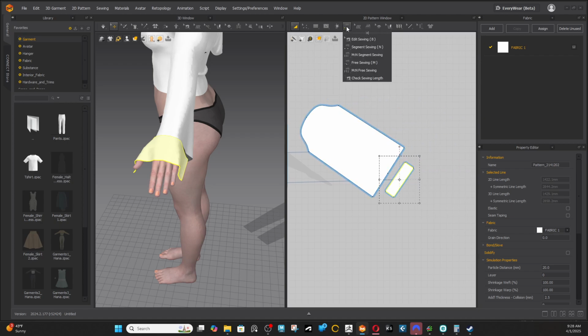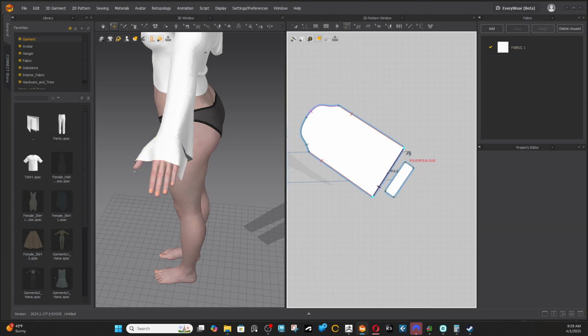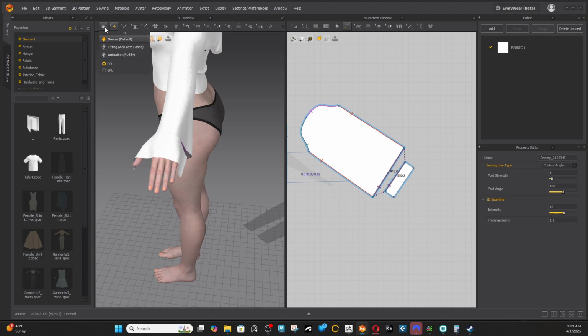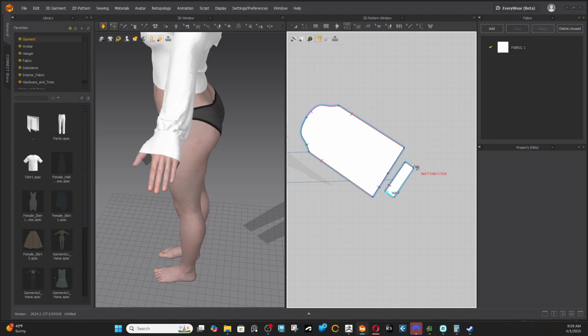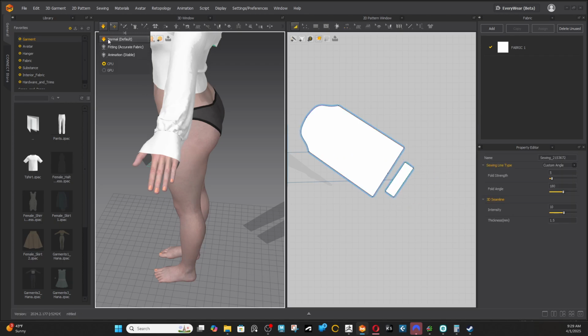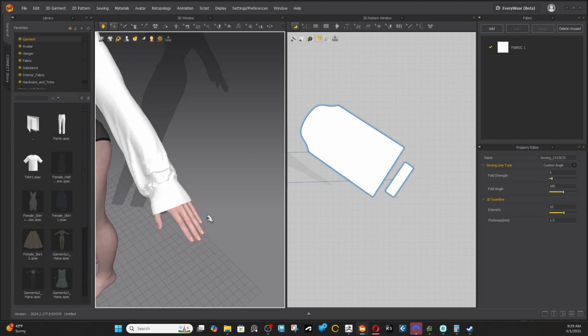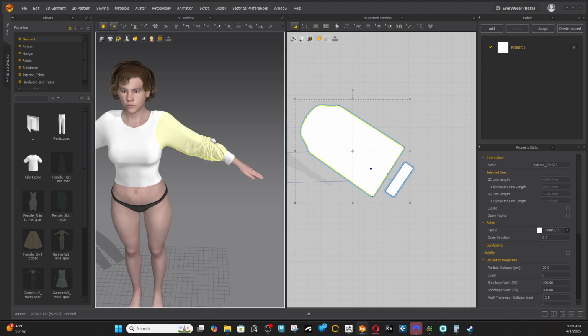And then what I'll do is use free sewing, select all the way over, and then select this, and it will sew that, and then I'm gonna do segment sewing, connect this, and there you go. And after that, the cool thing about this is you can drag this up,